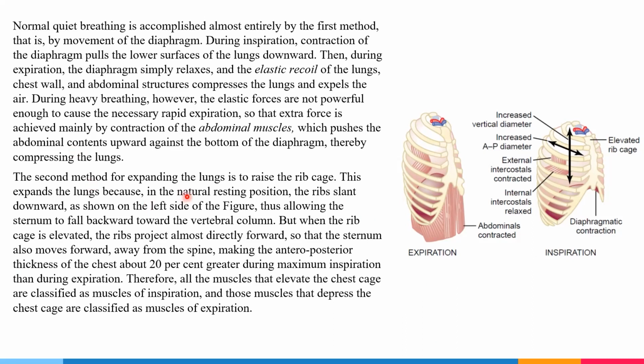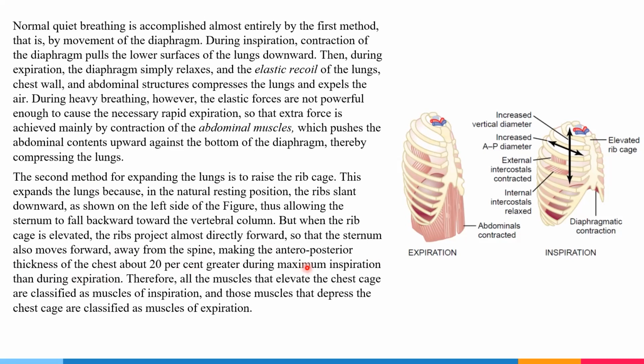Thus, the second method for expanding the lungs is to raise the rib cage. This expands the lungs because in the natural resting position, the ribs slant downwards, as shown in the left side of the figure, thus allowing the sternum to fall back towards the vertebral column. But when the rib cage is elevated, the ribs project almost directly forward so that the sternum also moves forward away from the spine,